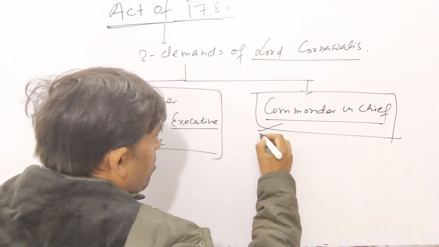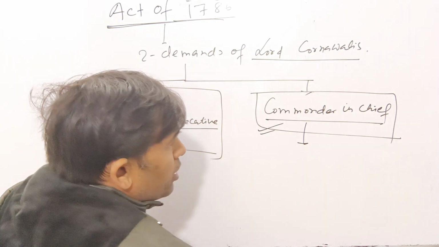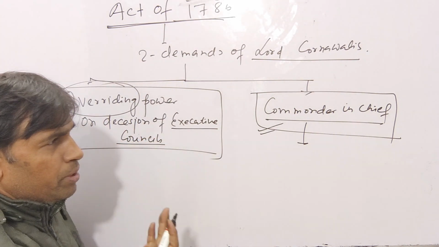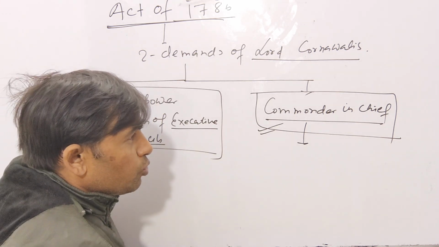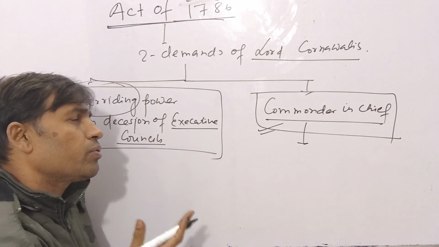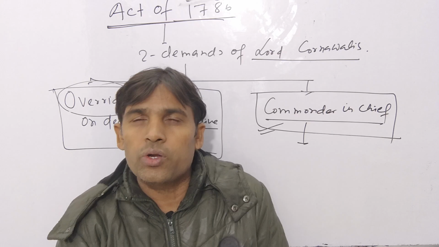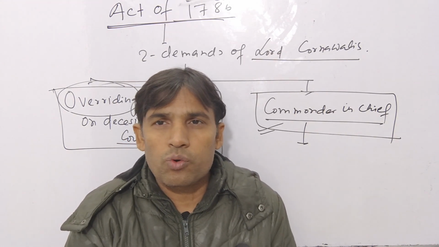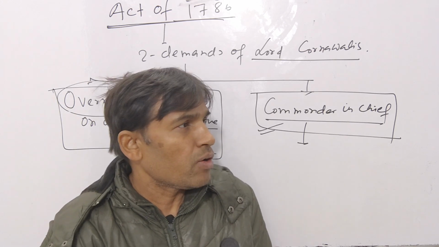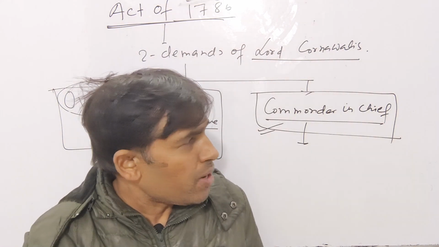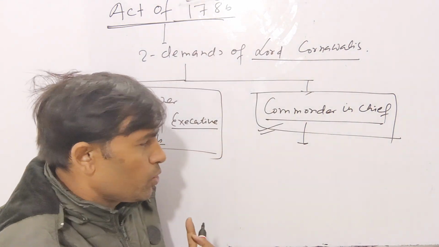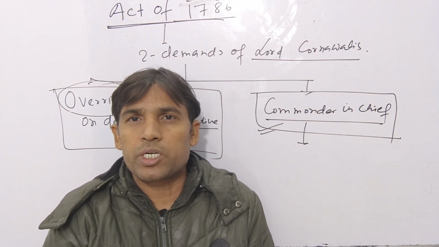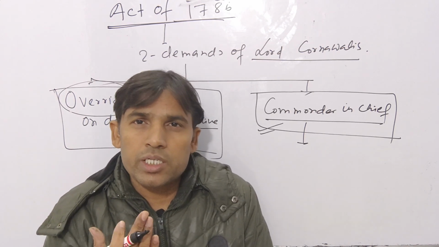In one way, he was a commander-in-chief, so he could reinvent the idea for the army, to do better for the army. He could reform the army. So this was a situation when there was a war going on between the British and Mysore, and it was also a time when the Maratha and Anglo war was happening. So during this tenure, the British began to think that we need to strengthen the military powers,